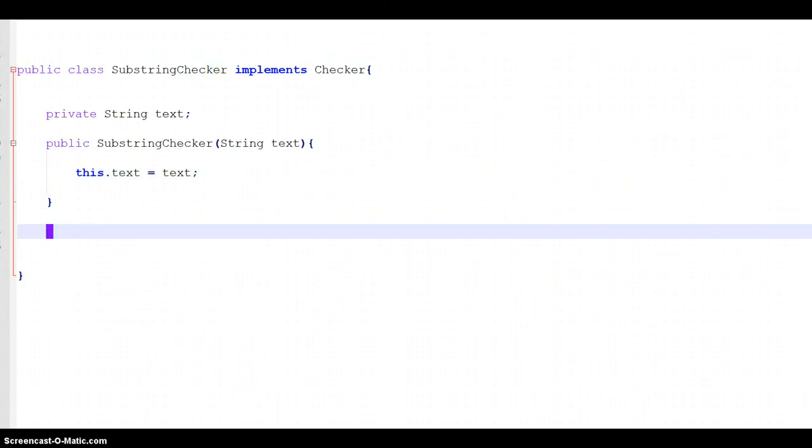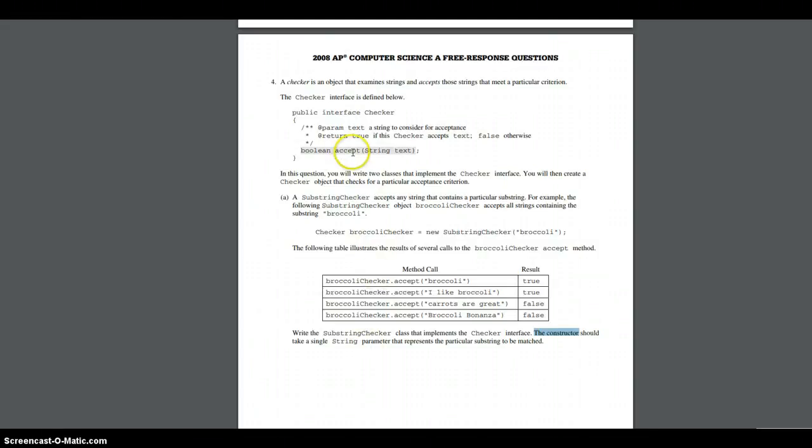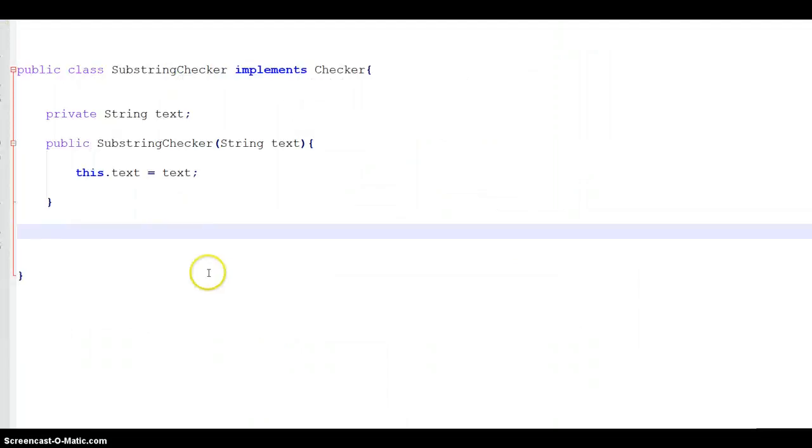Now, according to the problem, because the substring checker class implements the checker class, I need to define or implement the accept method, which returns a boolean and has a string as a parameter. Public boolean accept